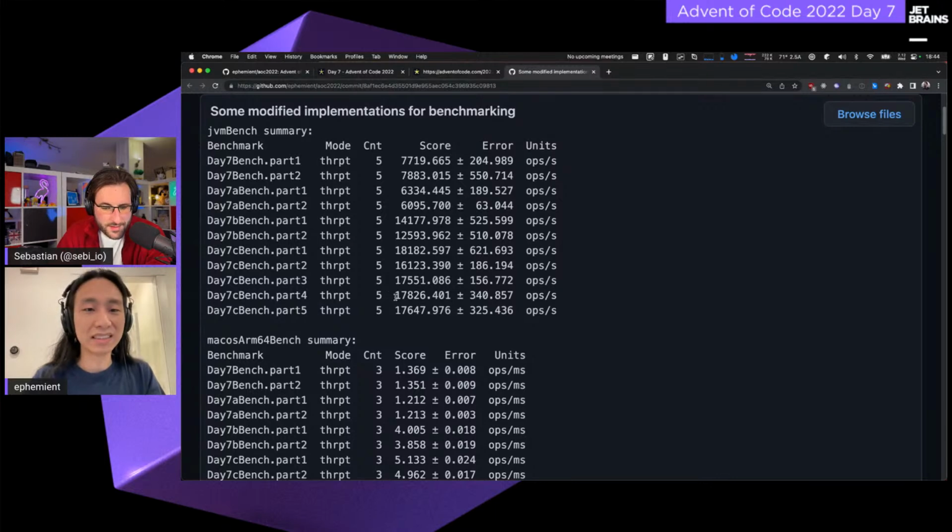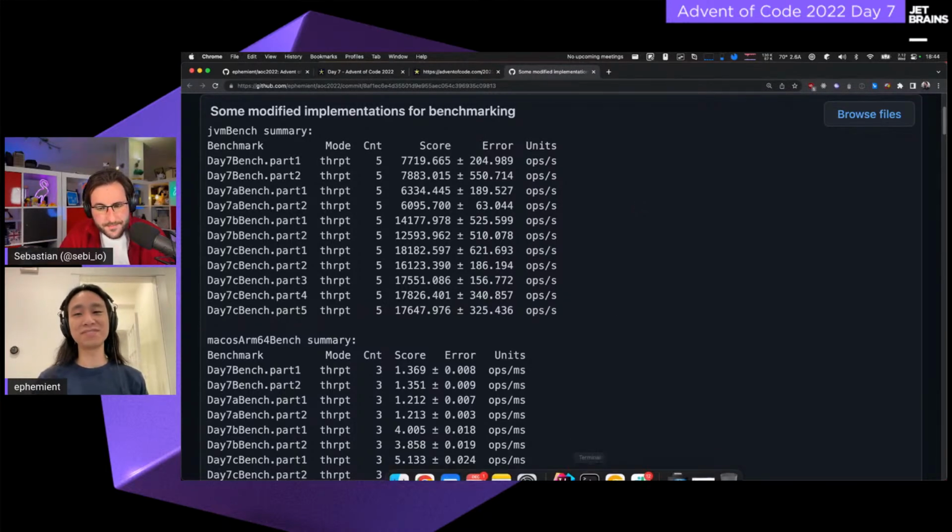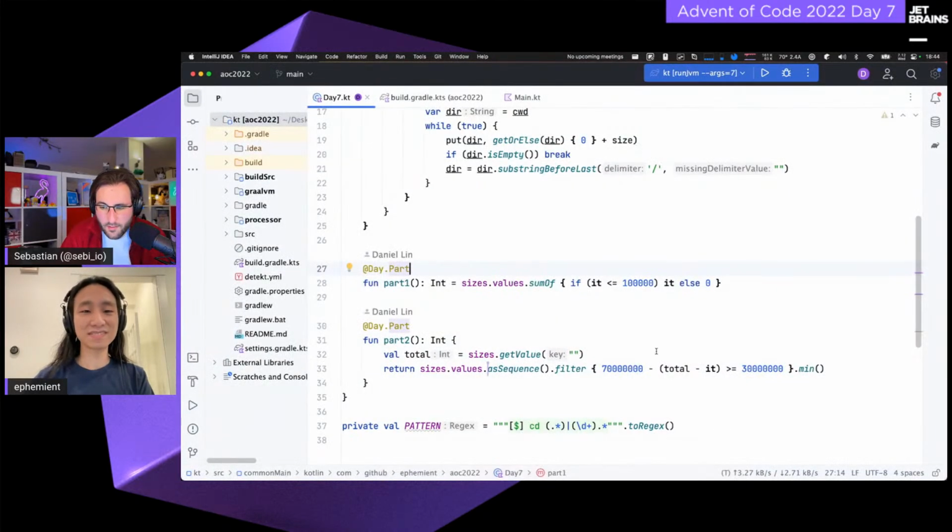Okay, so yeah, here we're seeing they're both around the same. The difference is within the noise. So it's definitely not something you can base any conclusions on. Very much comparable. Okay, good to know. All right, and then you're just getting the minimum out of that, and that's pretty much it.